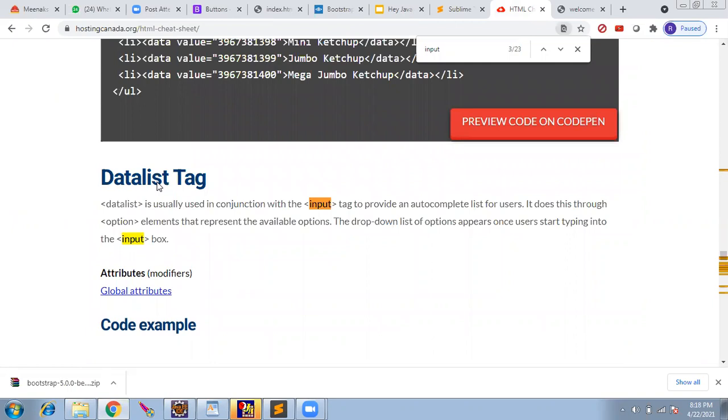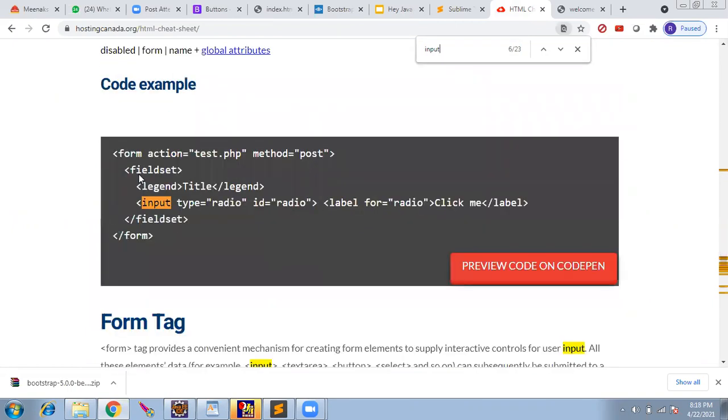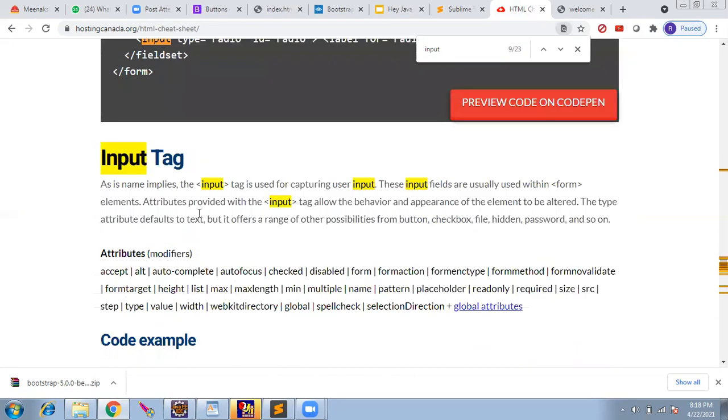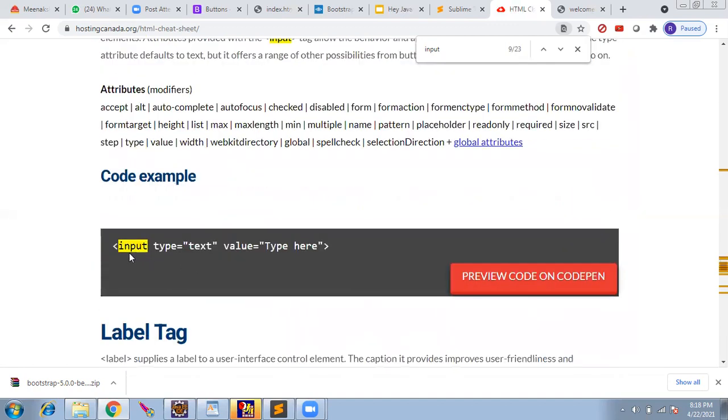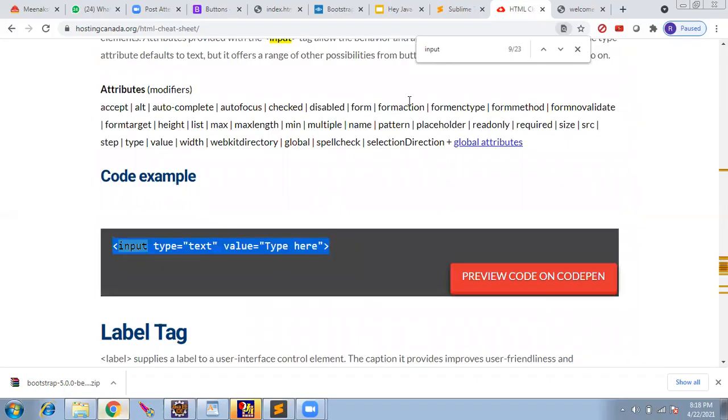Input tag, input type equal to radio. Input tag, just capturing user input. The code they have given is input type equal to text, enter the value. I'll paste it here and save it. Now if I go and run, I will see one text input here where we can type text.